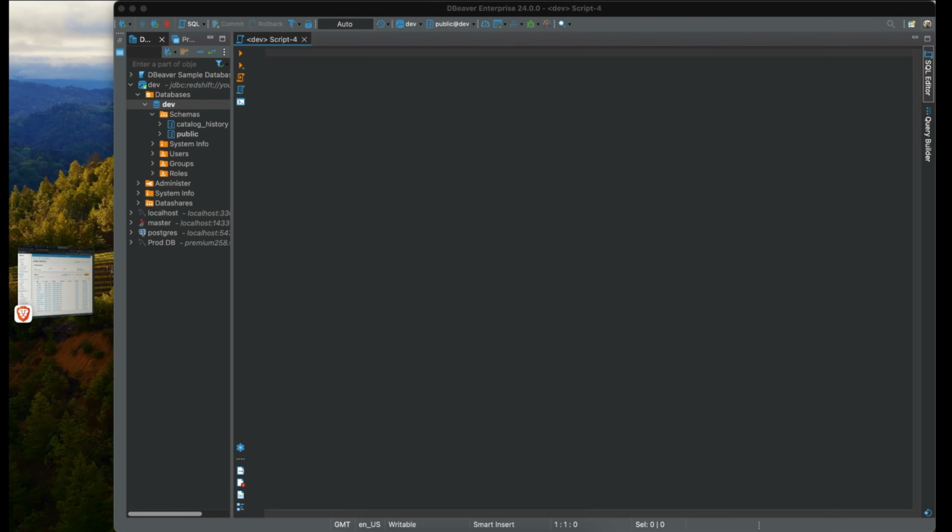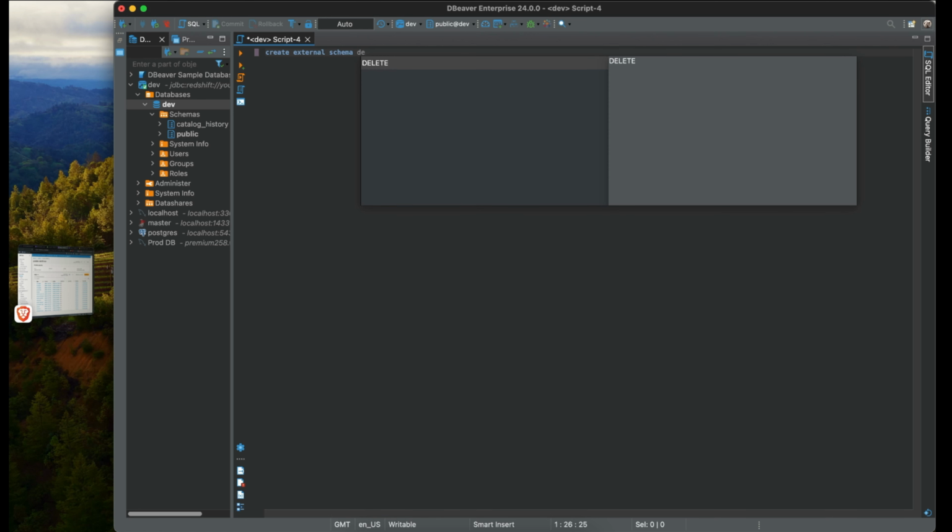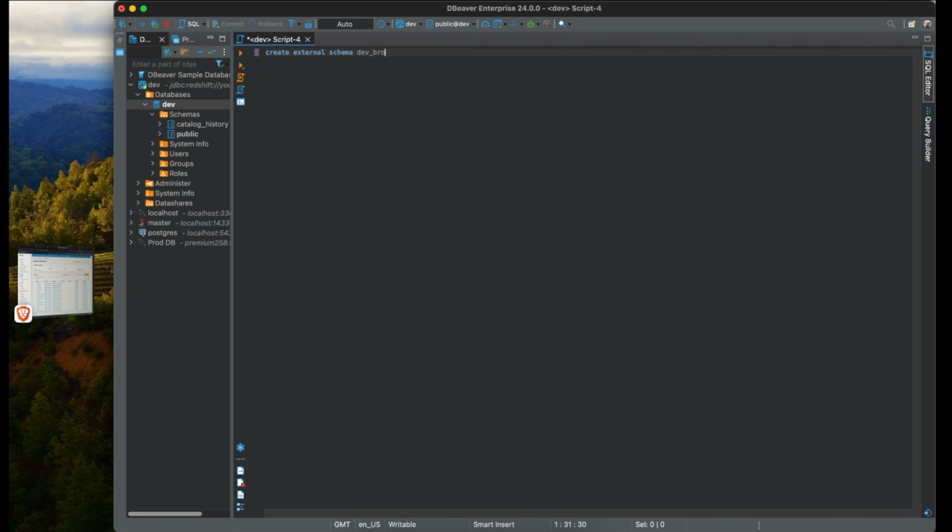So we just say create external schema. Okay, and that will be dev, not smart city, that will be called dev bronze. Then this is going to be from data catalog,